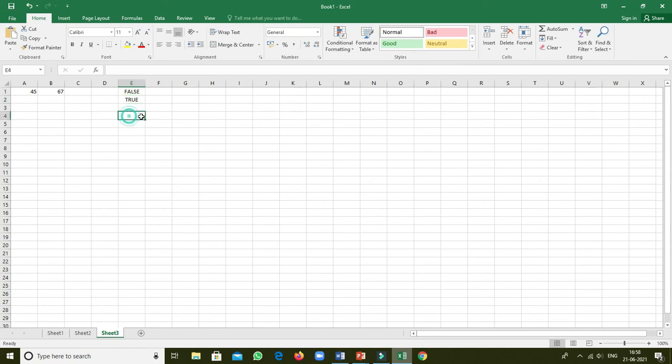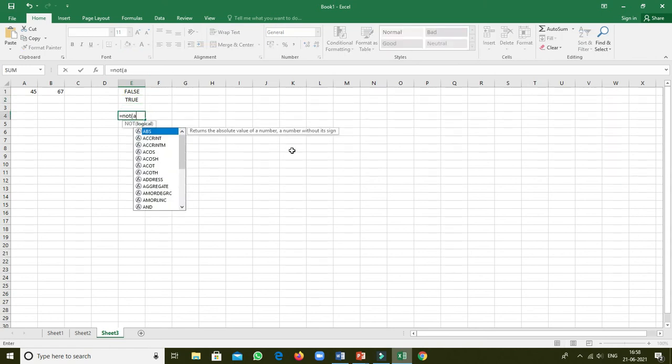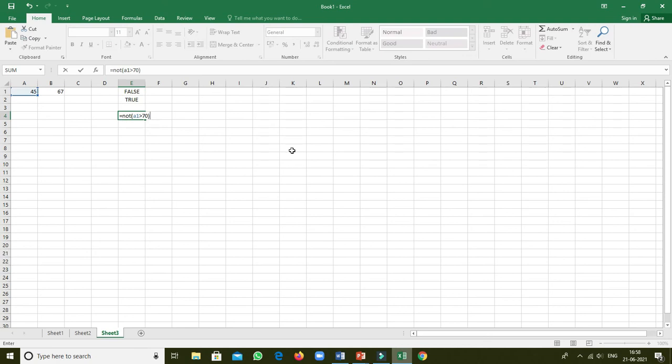Okay, and if you are using the NOT function, equal to NOT A1 greater than 70, so what output will you get, true or false? That means A1 is not greater than 70, means 45 is not greater than 70, yes or no? Yes, 45 is not greater than 70. So here I am showing you the AND operator, OR operator, and the logical NOT operator also.